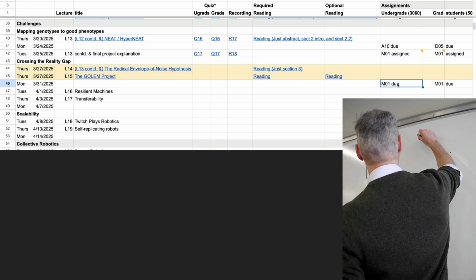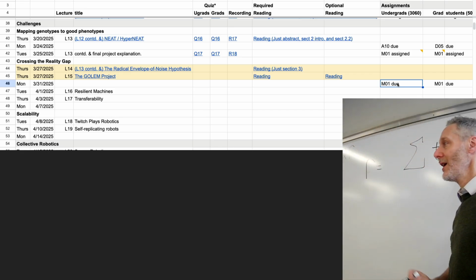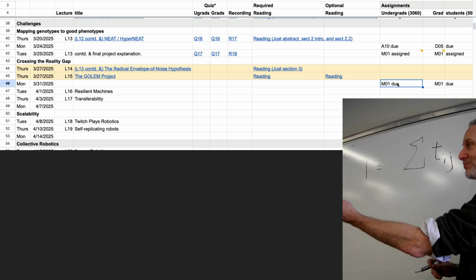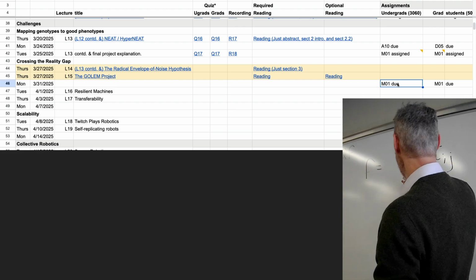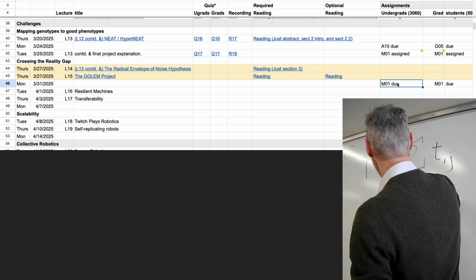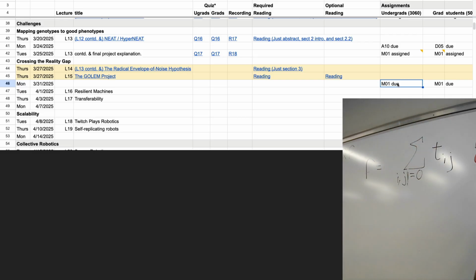Summation. Okay, you all remember this? Okay, summation, what do we need up here? What do we need down here? What do we need up here? If i equals 0, j equals 0. Let's say i comma j, so both of them are going to start at 0, and then n,